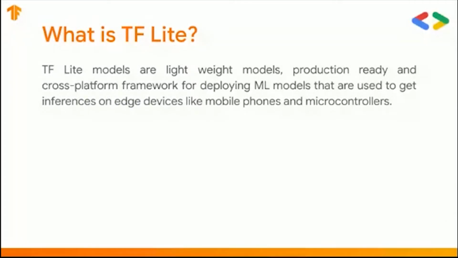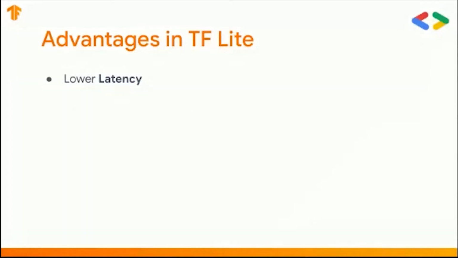So let's talk about what advantages we get in TF Lite. The first and a very good advantage is that it has low latency. That means it will predict the output really quickly. And the availability of pre-trained models gives a very good weightage to your product, because you can find pre-trained models in TensorFlow Hub. You can use them in your project and build a good project if you want to, and you can also train them further and get an inference by using those models.